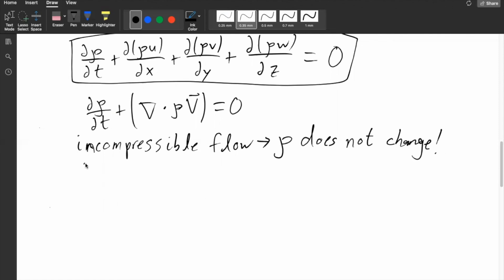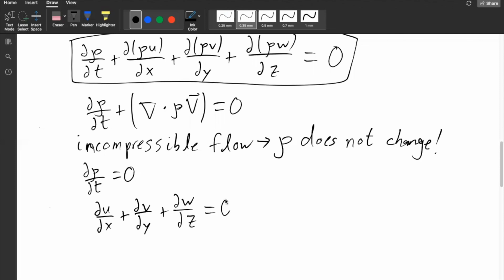So partial rho partial t equals 0. And in all these terms, we can pull rho out. So therefore, for an incompressible flow, our continuity equation is the following: partial u partial x plus partial v partial y plus partial w partial z